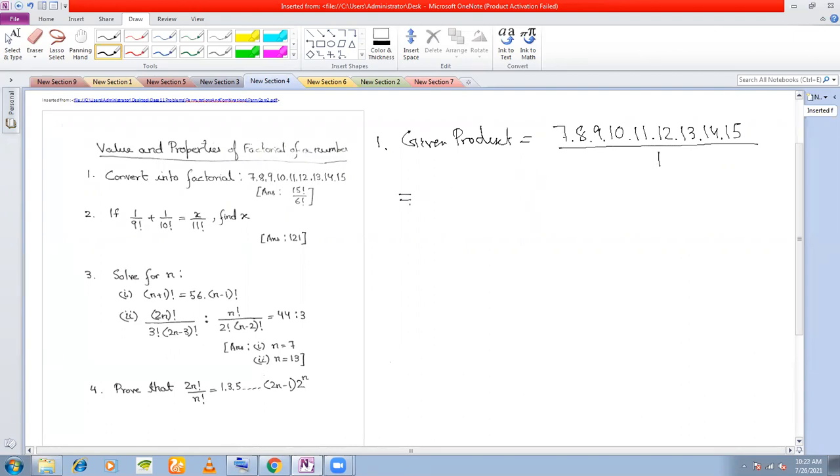Now we convert the numerator to a factorial. How do you convert? See, it starts from 7. So I put this product here, 1 into 2 into 3 into 4 into 5 into 6. I insert this product and the rest I write as it is. And since I'm multiplying the numerator by this product, I also need to multiply the denominator by this product.